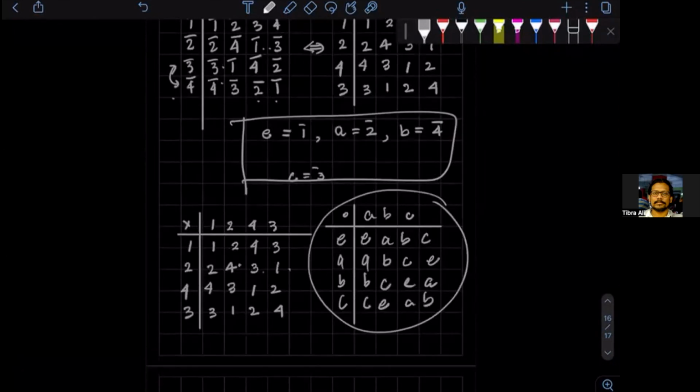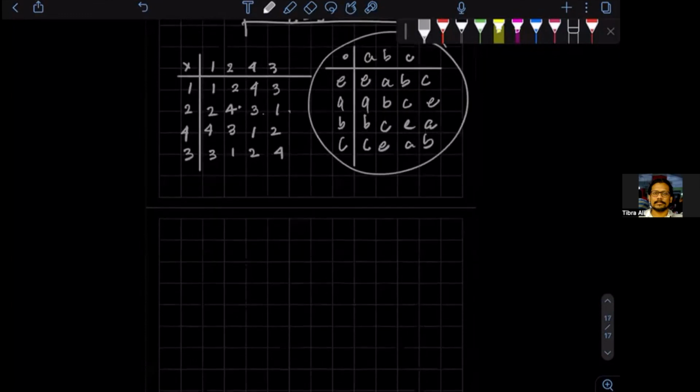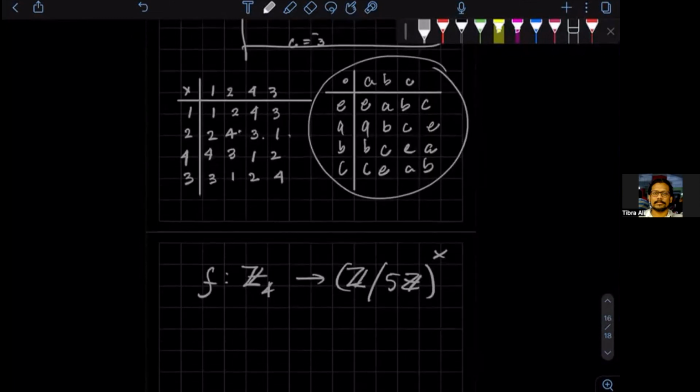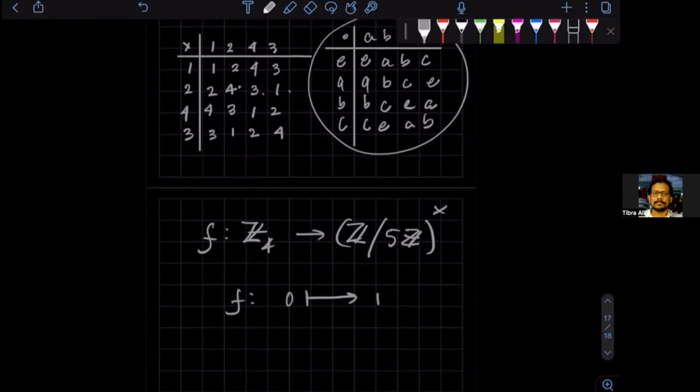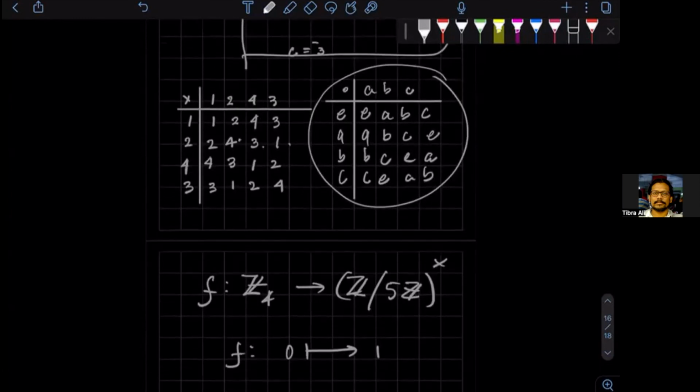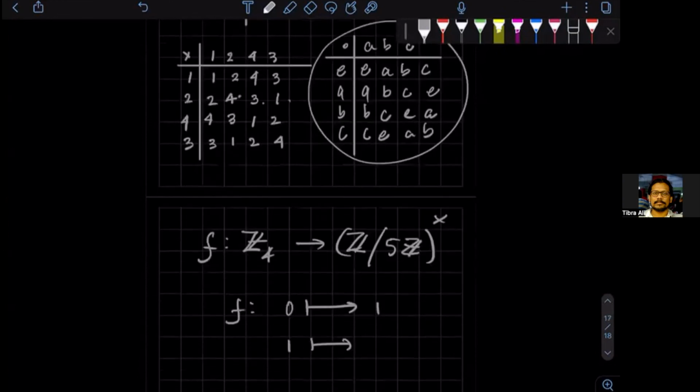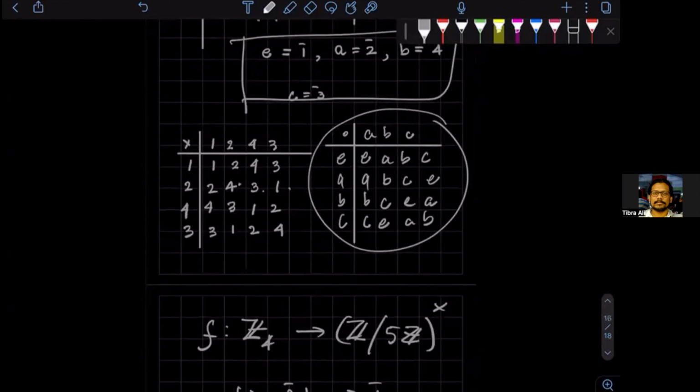So if I make a map from, say, Z4 to the multiplicative group modulo 5, where the map is such that 0 from the first group, sorry, that should be 0, 0 from the first group goes to 1, and then 1 from the first group goes to, say, 2,